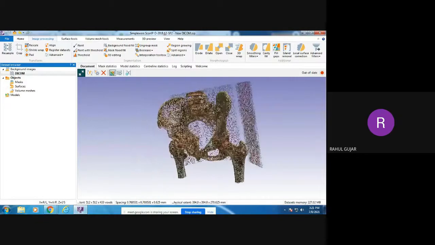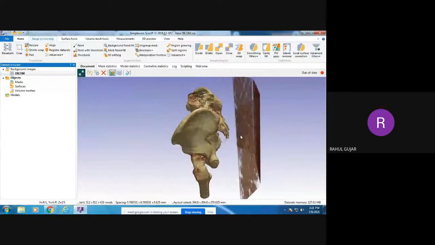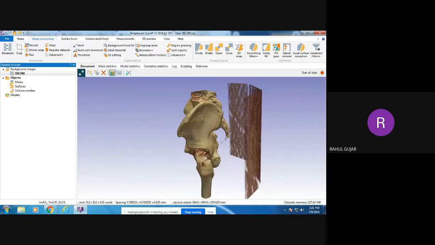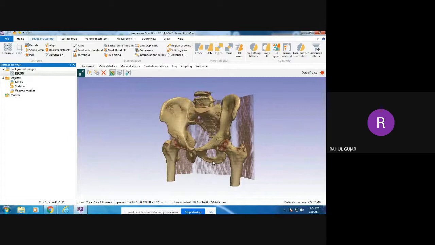But these models have many inaccuracies. You can see that the background also comes along with your 3D model, as well as there are a few portions where there are some cavities. These cavities are created because at the time of scanning the proper scanning was not done, or there is no grayscale value appropriately assigned to it through the CT scan, and therefore these cavities are showing here. So we want a very perfect, smooth femur bone from the complete model, and for that we need to use different tools.